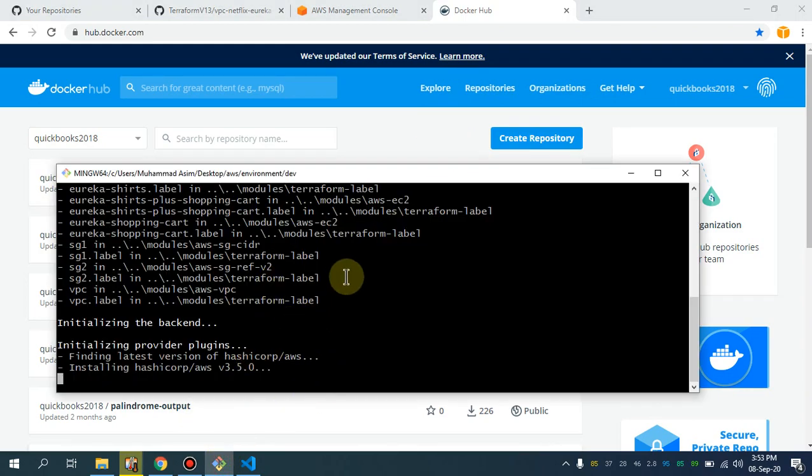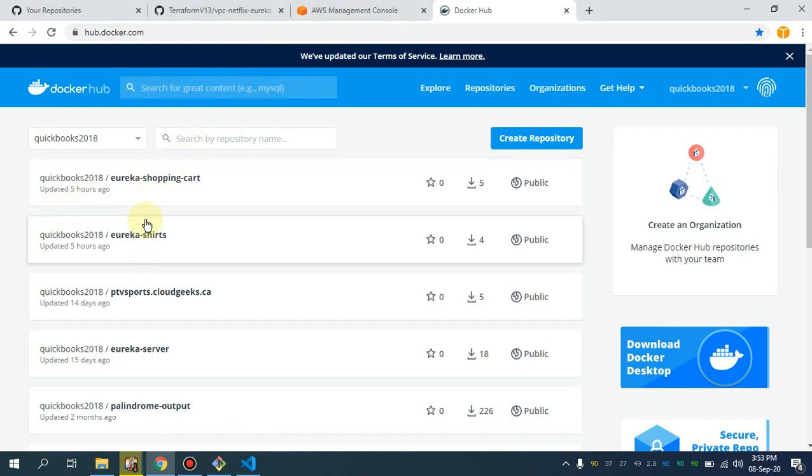So this is automated, and other than that, it also launches 3 other EC2 instances. On the second EC2 instance, it is going to launch the shared services. On the third one, it is going to launch the Eureka shopping cart. And on the fourth one, it is going to launch both the services.